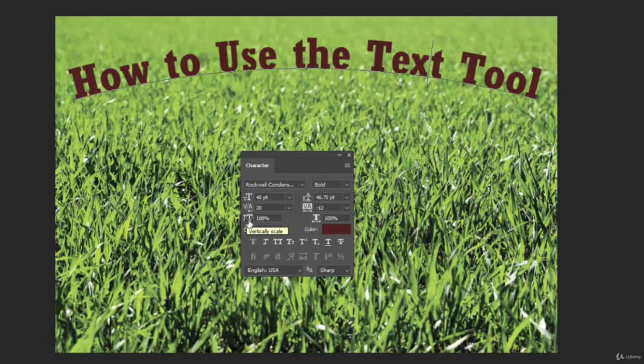Okay, this is the vertical scale. So if I'm selected on just one letter and I change this, it's going to make that letter taller. And a better example, let's Control Z, and let's say I just want to do the first letter really big. So I select, highlight that letter, and then I click here and I'm going to increase the percentage. So if we go to 150% approximately and release, you can see that now we have a really tall letter